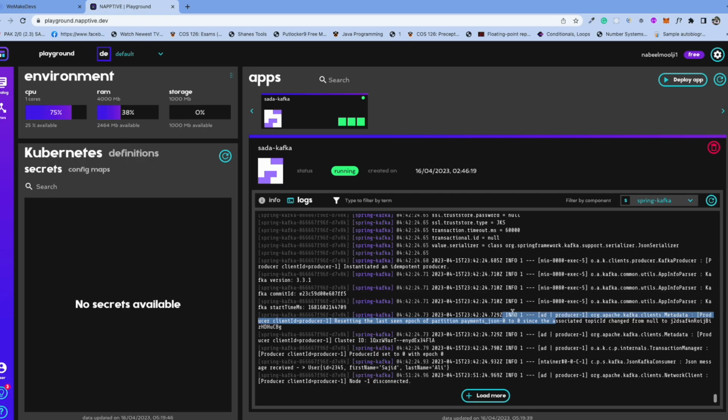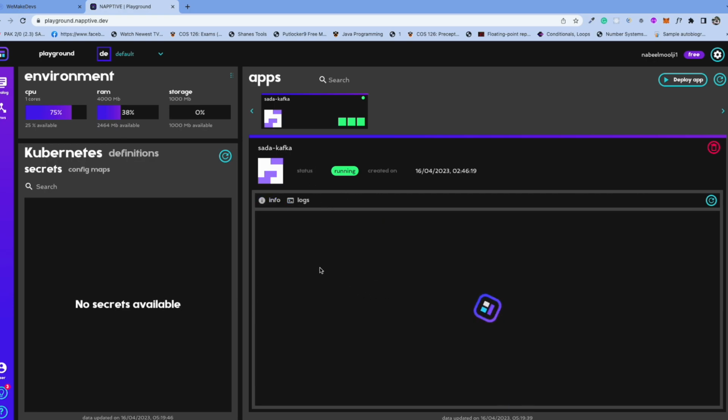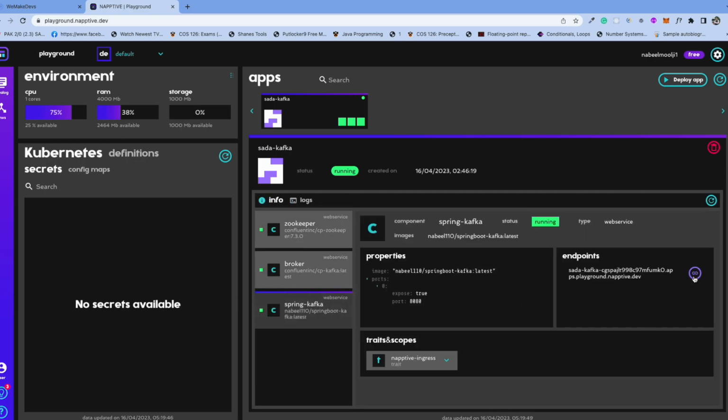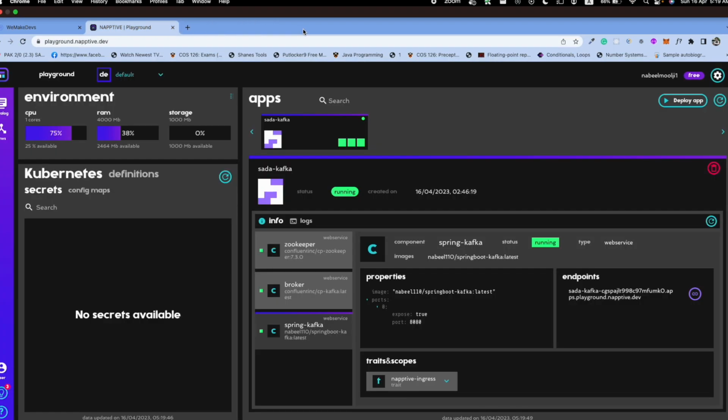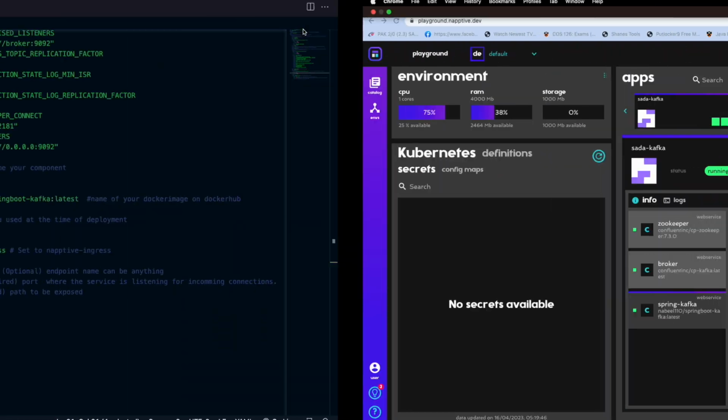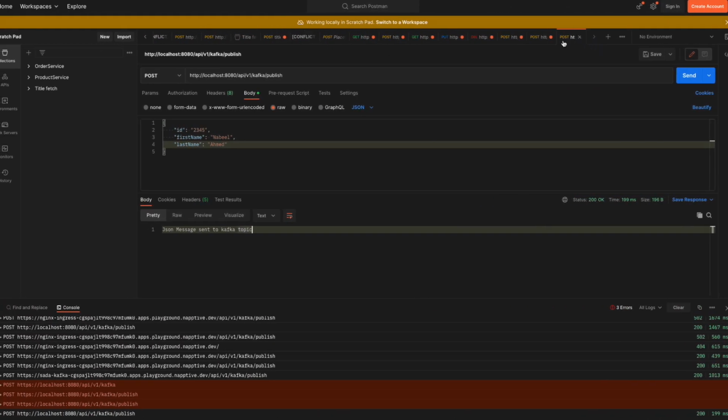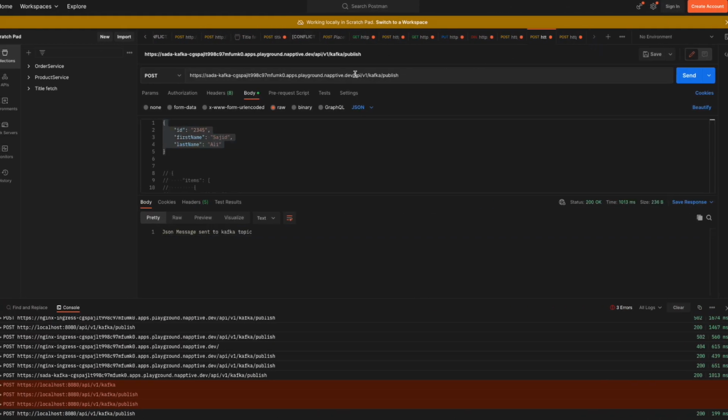Okay, so now I'll use the URL which is generated for Spring Kafka here. I'll go to Postman and perform the same actions which I did before. I have already pasted the URL. Let me try again. Okay, I'll provide the same name here, Nabil